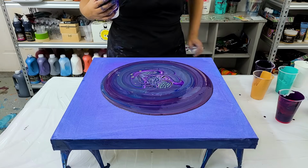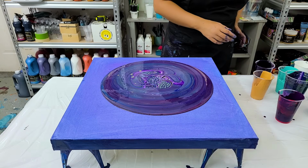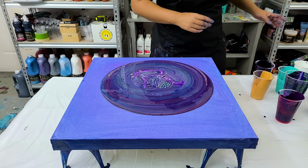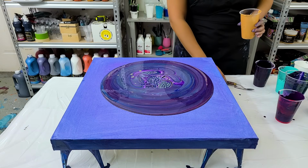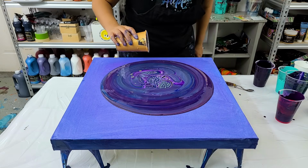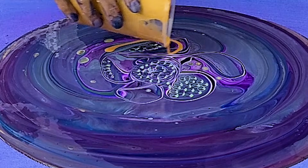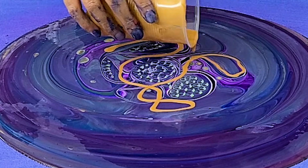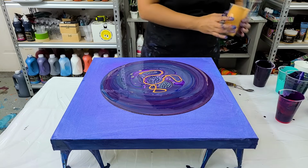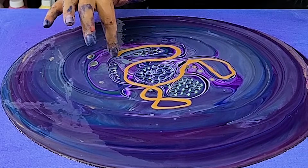I don't know, guys. I don't know what I'm doing. And I do just feel like I want some of the gold. So I don't know if I want to swirl it along in there. Oh, I didn't want it to drip. So now I'm just going to take my finger and kind of